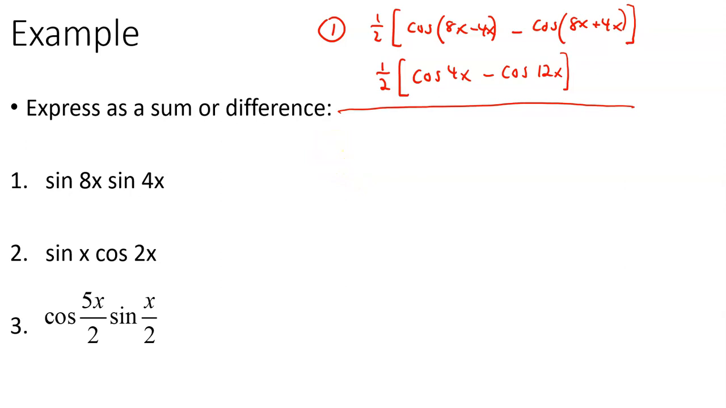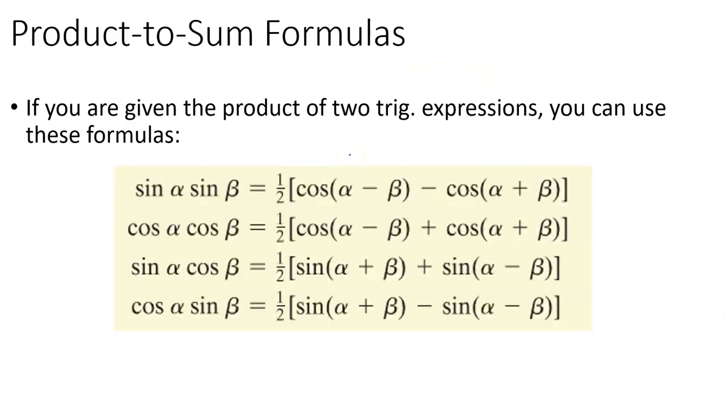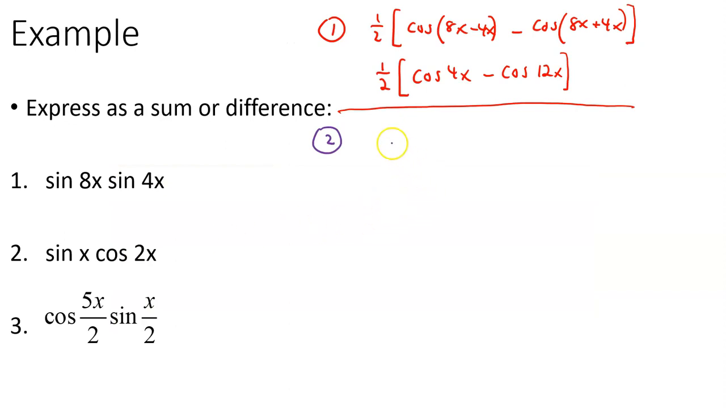Okay, look at number 2. Number 2 says the sine of x times the cosine of 2x. So what formula is this? Well, it's a sine cosine. So sine cosine is this third one down here. It says take half the sine of the sum plus the sine of the difference. All right, I think we can do that. 1/2 the sine of the sum, so x plus 2x,